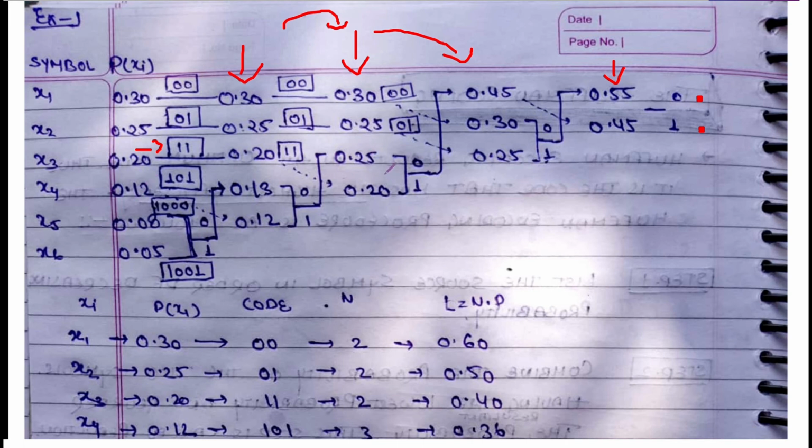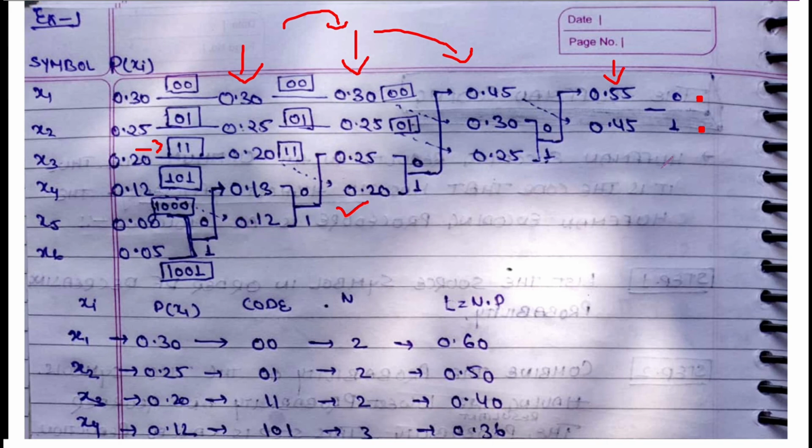Now 0.25 is left, which we found out by backtracking from 0.45. 0.20 is done. Now 0.25 comes from these two values. So again I gave 0 to the upper and 1 to the lower. Alright. Now if you check, where is 0.12 coming from? 0.12 is coming from this, you see this backtrack here, right? 0.12 is coming from here.